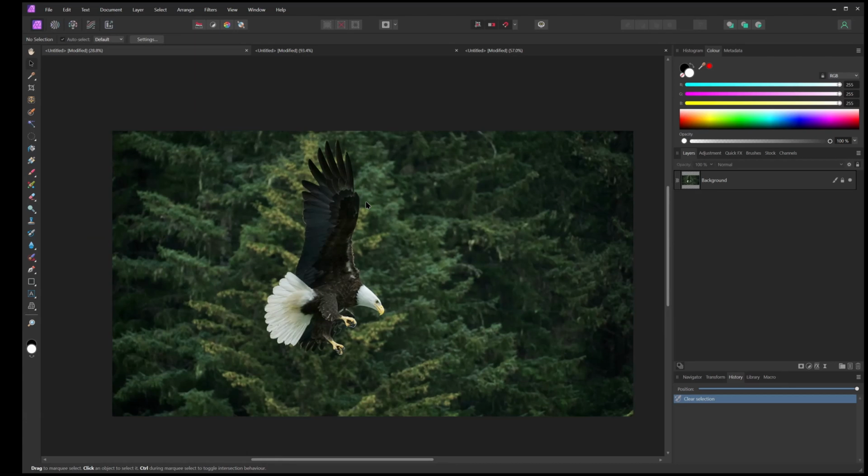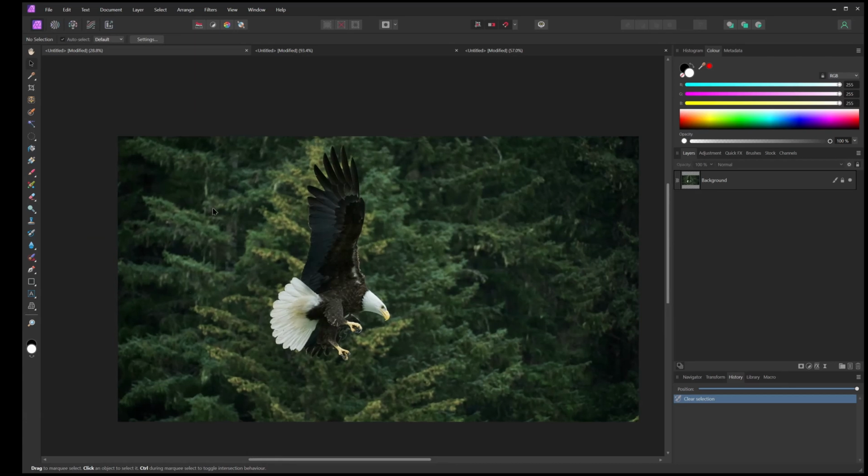And what I want to do with this one is do a motion blur. So this is what people might try to do. If I pick my owl, come down here,